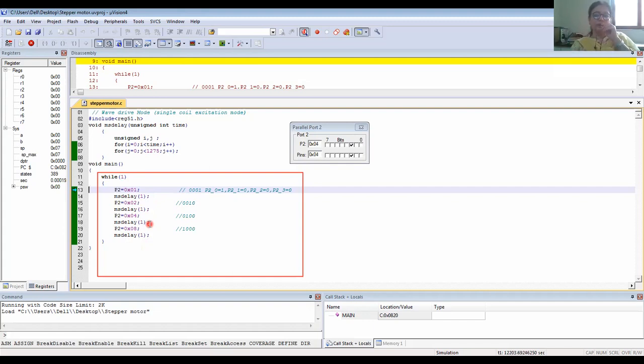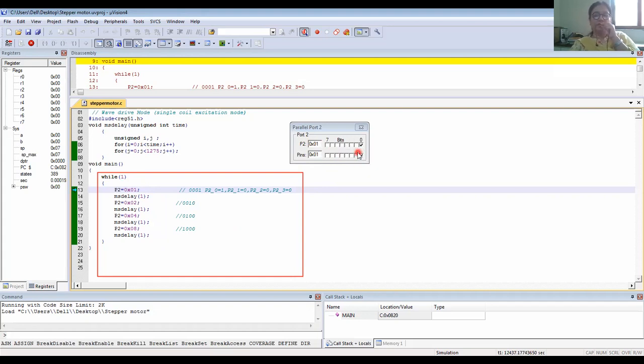So this is about the Keil software program that is required to be written. Here I have shown it written in the C language. Now we can see the corresponding port, that is port 2. It is sending the bits over port 2 in a sequential manner. Now this will be connected to the coils of the stepper motor.